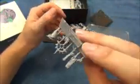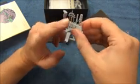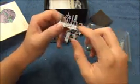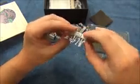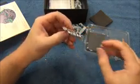We have more bits for the Primarch, and I think another Night Lord boot thing, I'm not entirely sure. But we have his little Iron Halo thing, part of his bit here, and his pistol. Looking pretty good. You can feel, especially on the chunk of resin down here, a release agent